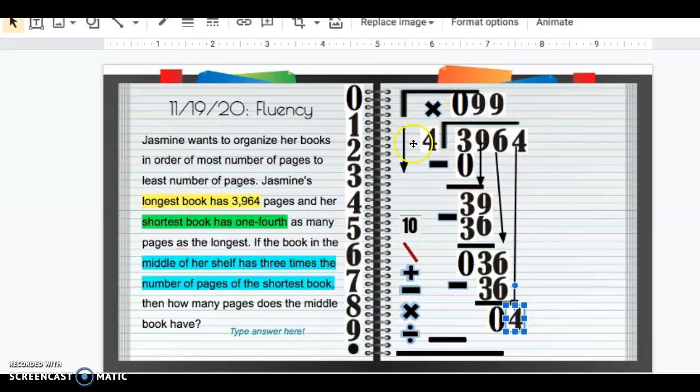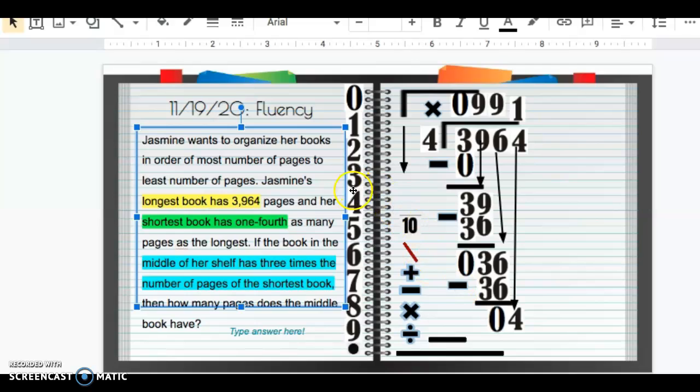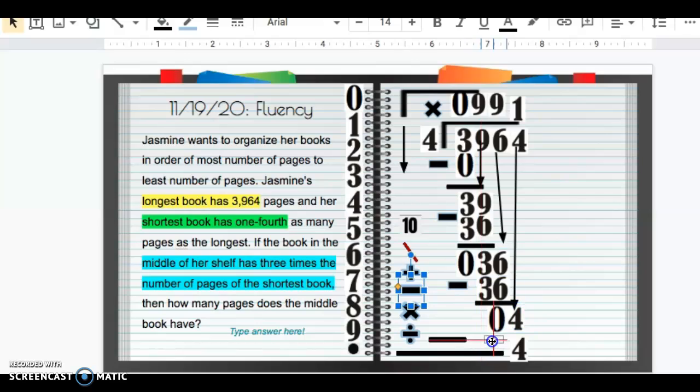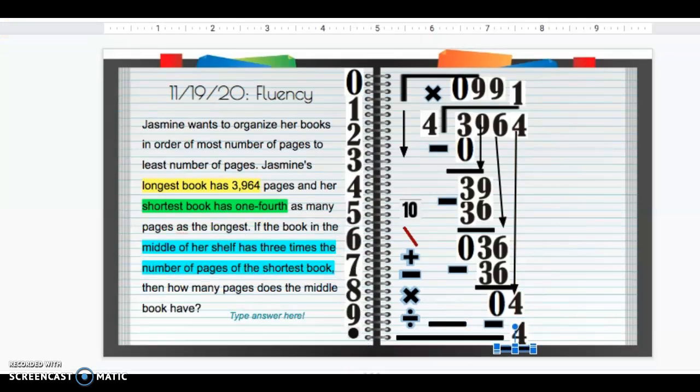And I ask myself, how many times does 4 go into 4? And it's 1. So that equals 4. And then I subtract. And 4 minus 4 is 0. But now, okay, so my shortest book is 991 pages, but the middle book of the shelf has